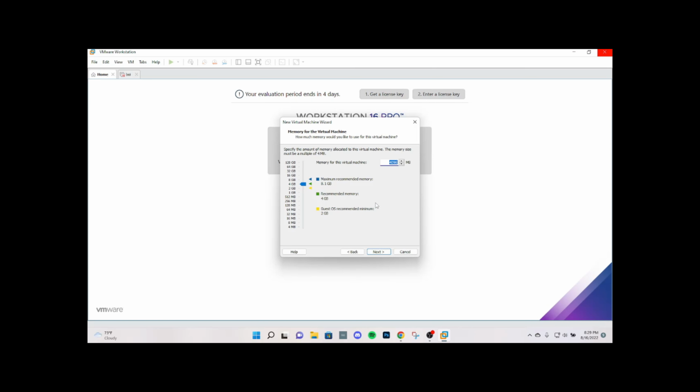So, a good rule of thumb for memory. Memory is actually very important. How you want to use the memory for your virtual machine is very important. So first things first, you always want to make sure that you're